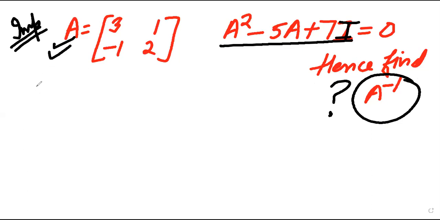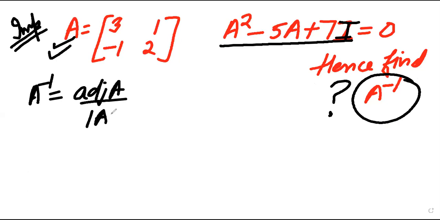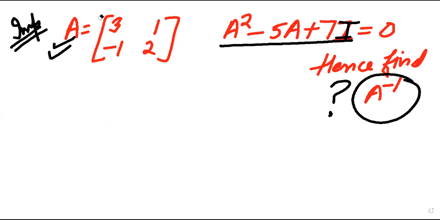Some students try to solve it by the same method, A inverse is equal to adjoint of A divided by determinant of A. That is wrong, beta. This is totally wrong because in the question it says hence. Hence means you have to use this result and then find it. So first of all, we prove that if we solve this left hand side, it will come equal to 0. First we prove this left hand side is equal to 0. I think all can do it.